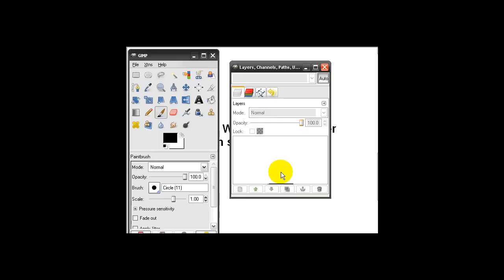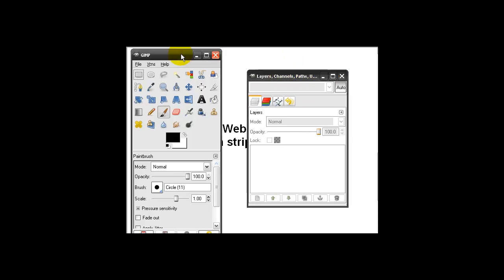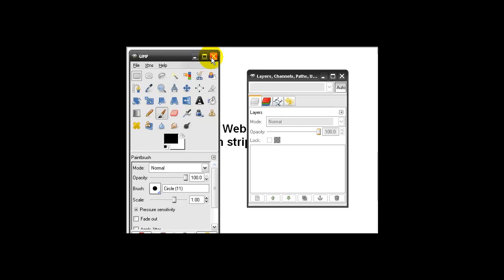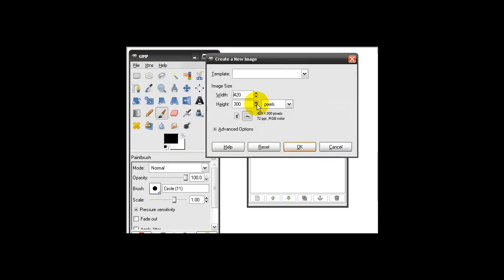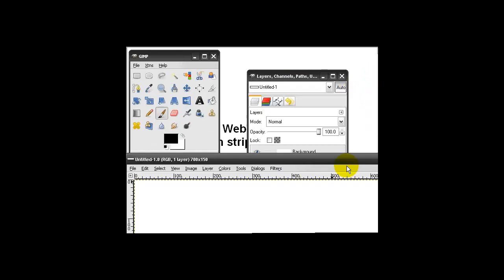So we've got Gimp open already, and it depends on how big you want your header. In this case, I'm going to go to File, New, and I usually make my width about 700. Some people do 700 or 750, and my height is normally about 150. Now, the next thing you want to do is you can minimize this, of course, or move this down a little bit,